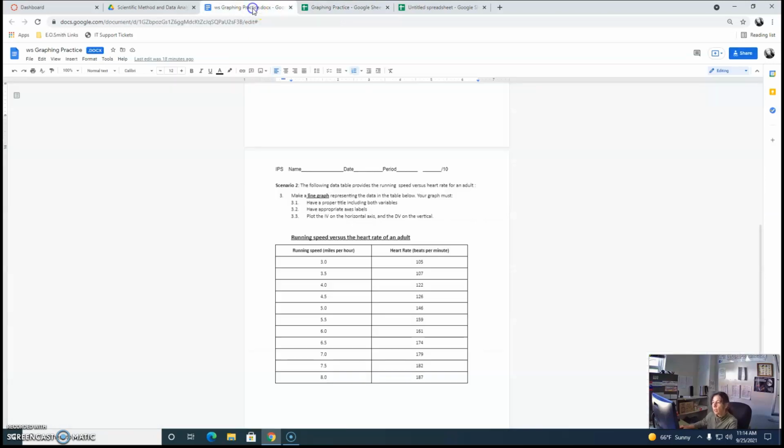All right, so let's go through the second scenario, and let's see what they're asking us here. So it says scenario 2. It says the following data table provides the running speed versus heart rate for an adult. So in this data table, it's already given to you. You don't have to do anything. It's giving us, for an adult that's running, here's their running speed, 3 miles per hour, 3.5 miles